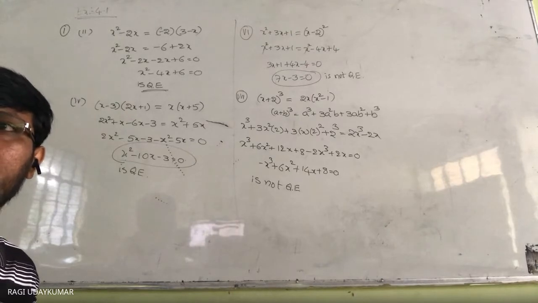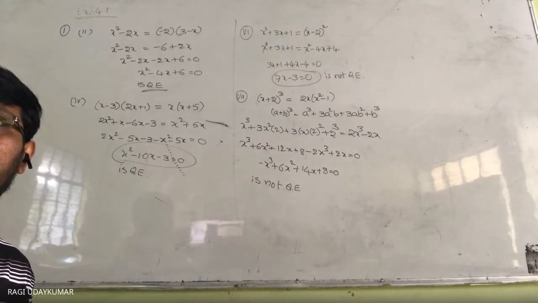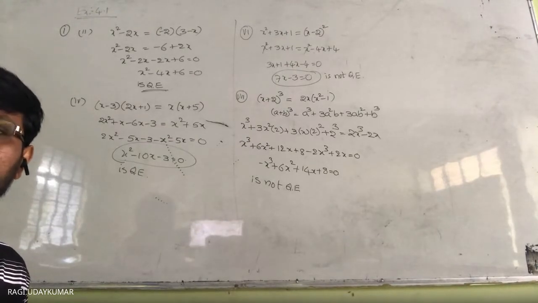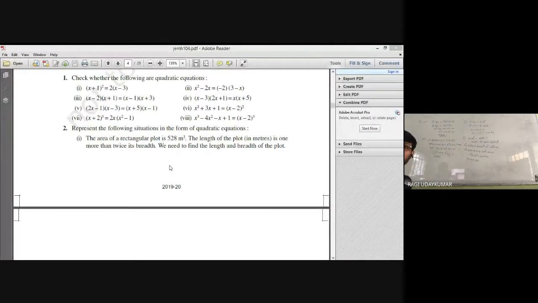Next, in the same exercise, I'm going to show these questions to you through the presentation so that the questions can be seen here. So in this, the first question is given to you. The area of the rectangular plot is 528 meters square. The length of the plot is one more than twice the breadth. So here, dependent and independent quantities. If you know the breadth, then you can find out the length. Length of the plot is one more than twice the breadth.